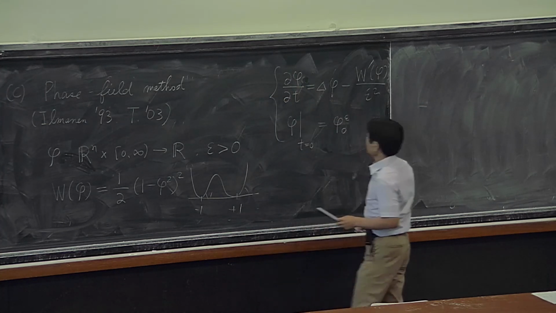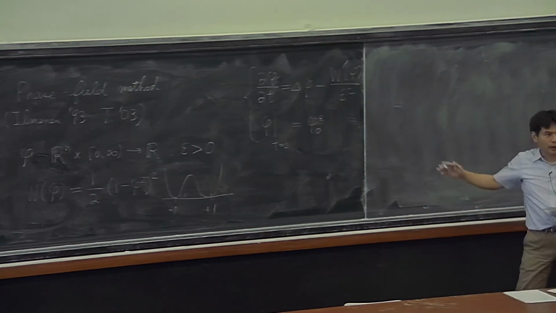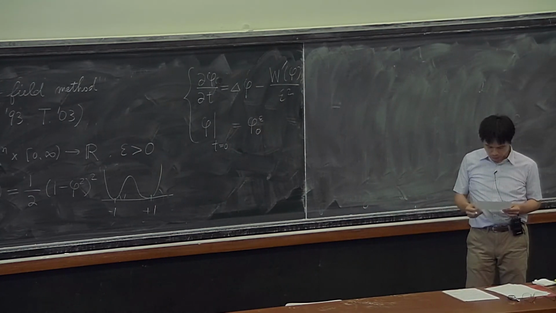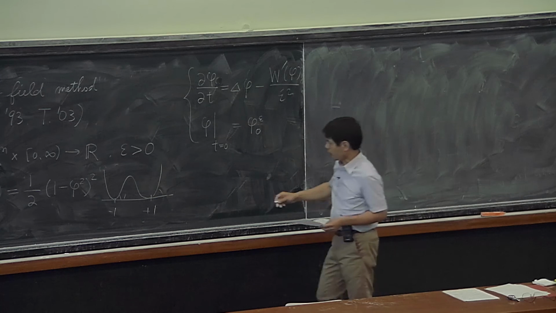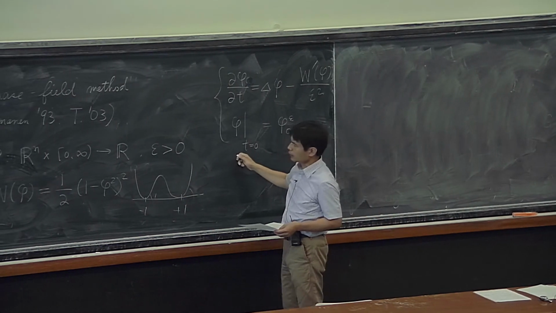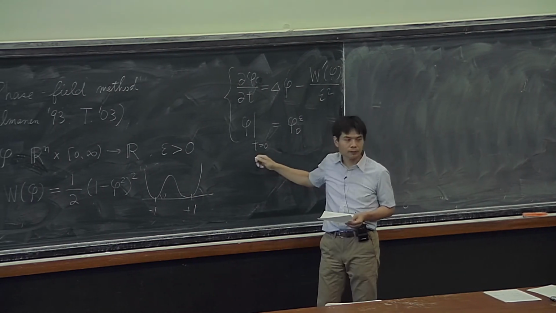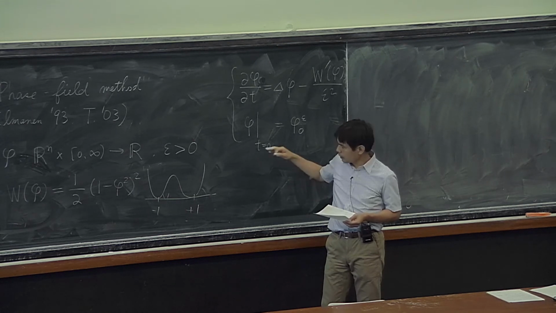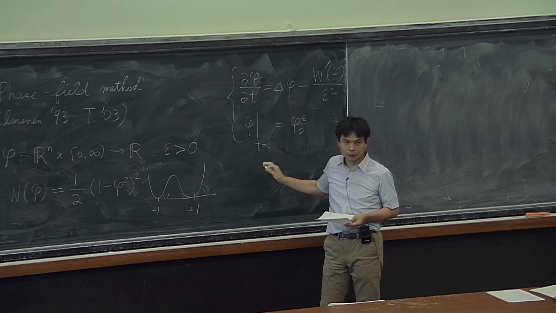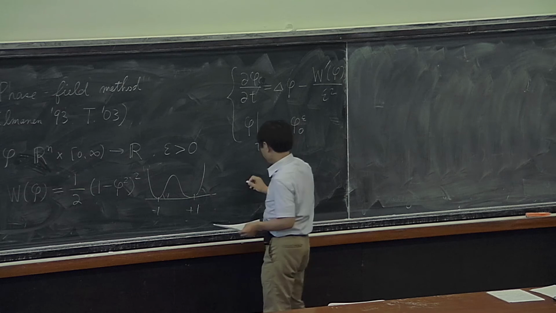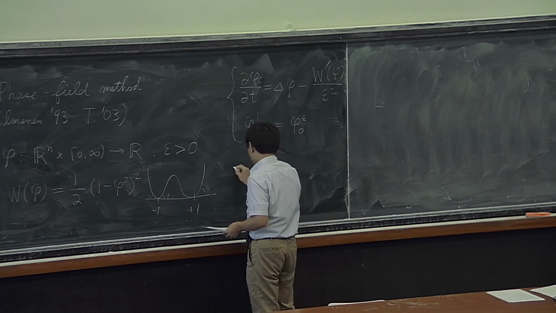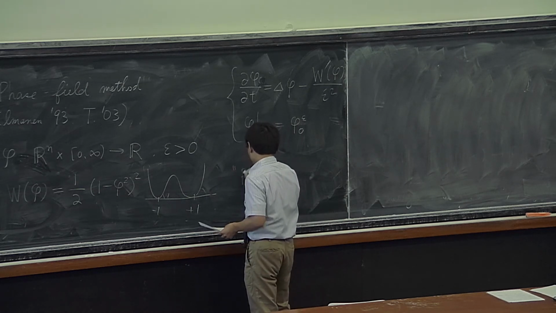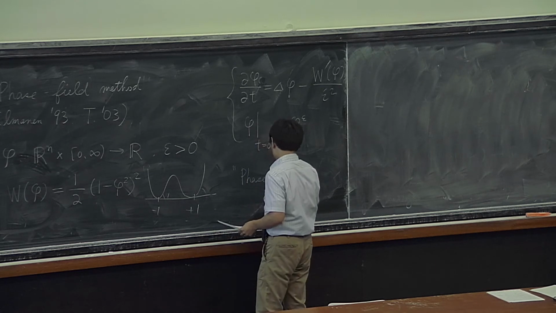Okay, and this one I can't explain too much now, but this is a very nice method to get a mean curvature flow, and so somehow I just say like a keyword that actually this phase boundary